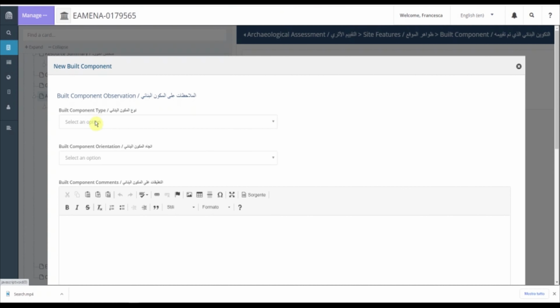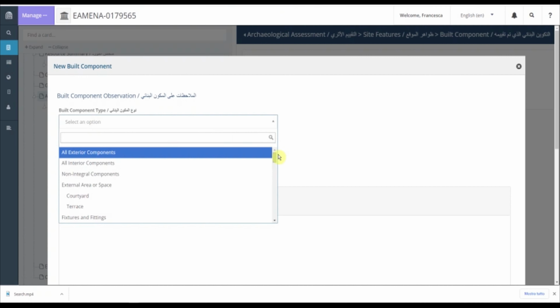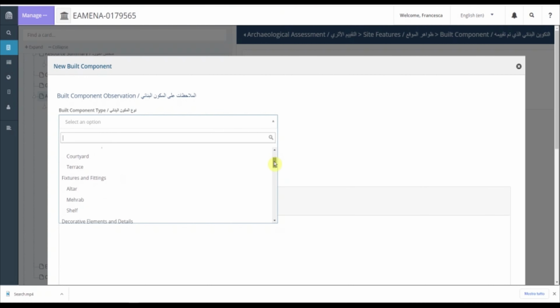To do that, click on the field and a drop-down list will appear. Select the right term and please refer to the glossary in case of doubt for detailed definitions. And in this case, we are looking for the stairs.